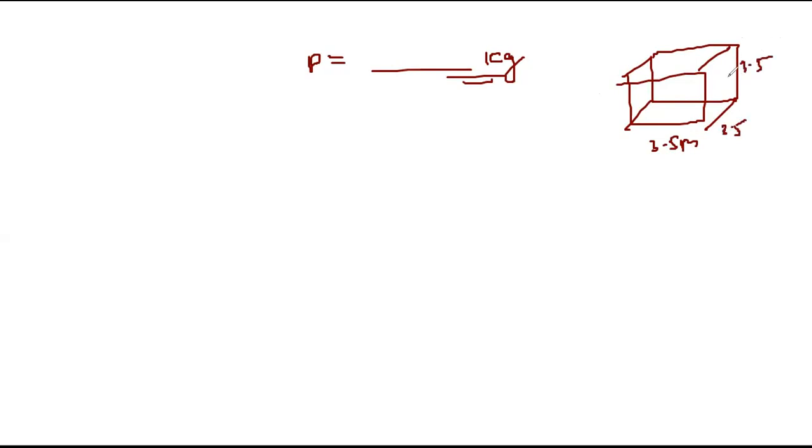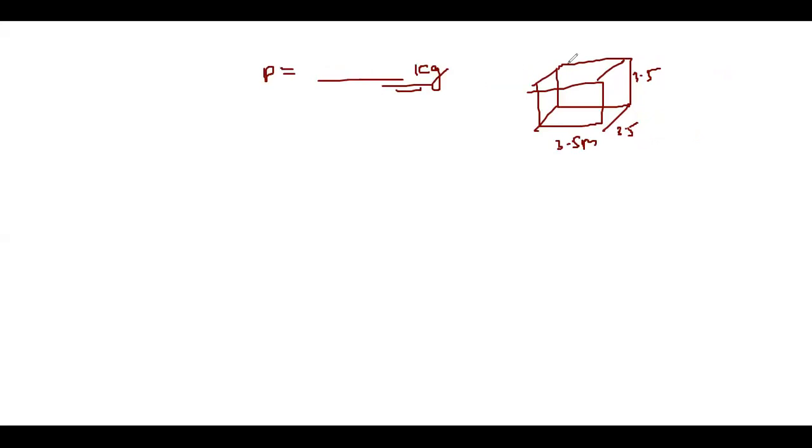The question may come to your mind: why only 3.5 meter? It is not restricted, there is no restriction here. You can take it as 3 by 3 by 3, or you can take it as 4 by 4 by 4, it depends upon you. Whatever the results are, they come closer to this value. That's why we are taking it as 3.5 meter by 3.5 by 3.5.